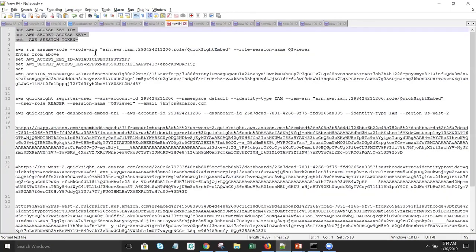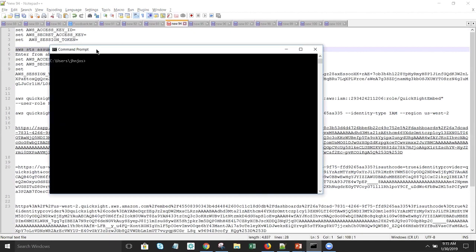So what I have here is the assume role command. I just have a whole bunch of commands here, but assume that this is my application server, and it is already authenticated with QuickSight. It already has all the credentials. At this point, I am going to allow this user, whose name is QS Viewer, to access QuickSight using this particular role. So when I do the assume role,